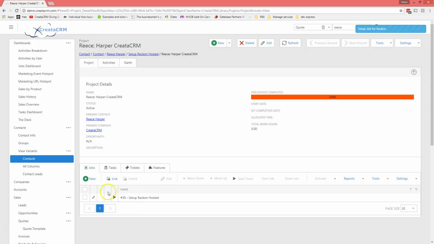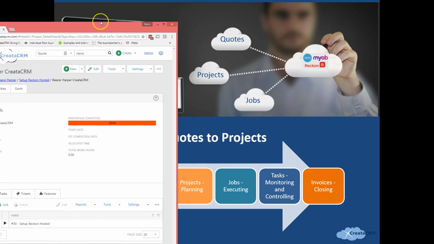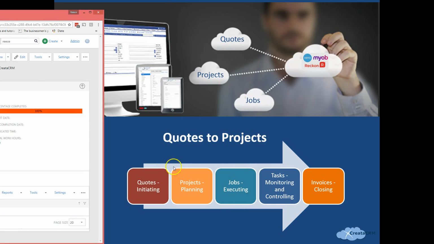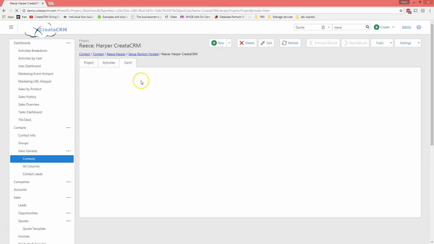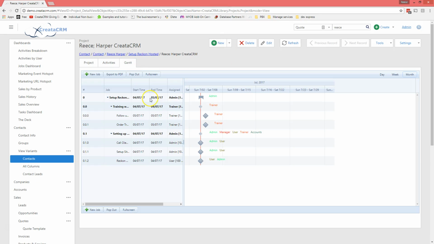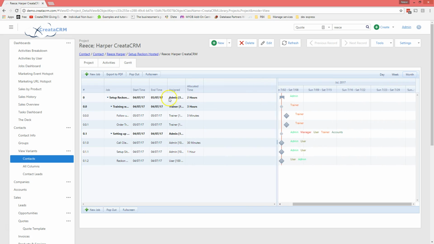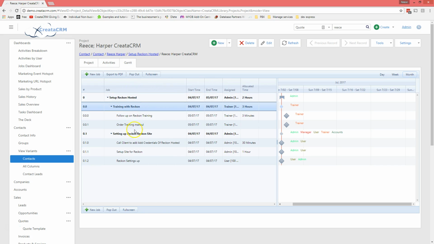So straight away what it's done, I'm now up to this stage. So I'm up to the stage of planning, this section over here, and bring it back. And so right now I have a Gantt chart. Now that's really important. So in the Gantt chart you can see an overview. That's what you're expecting right now, where you've got the job itself, that's the primary job, and then you've got a collection of jobs, which is training and setting it up. Now you can actually just move this Gantt along